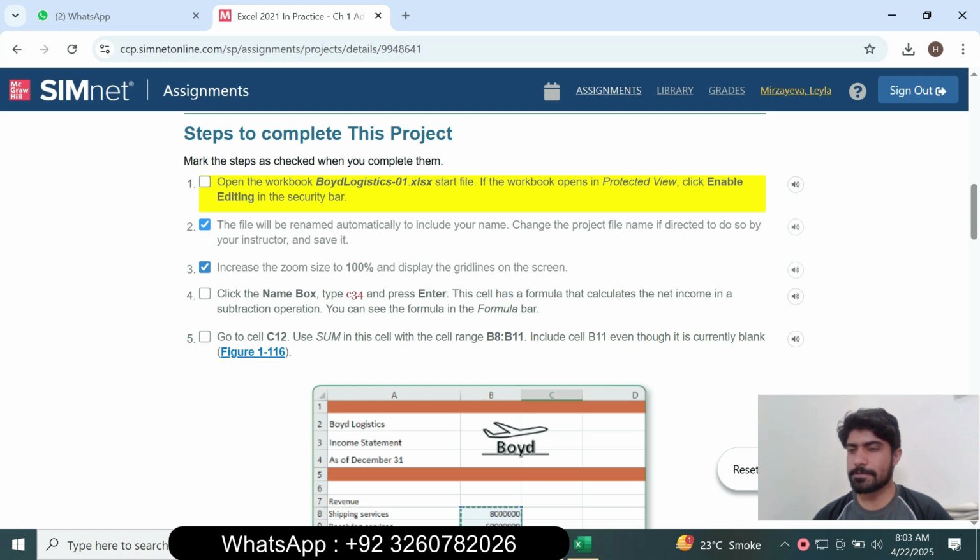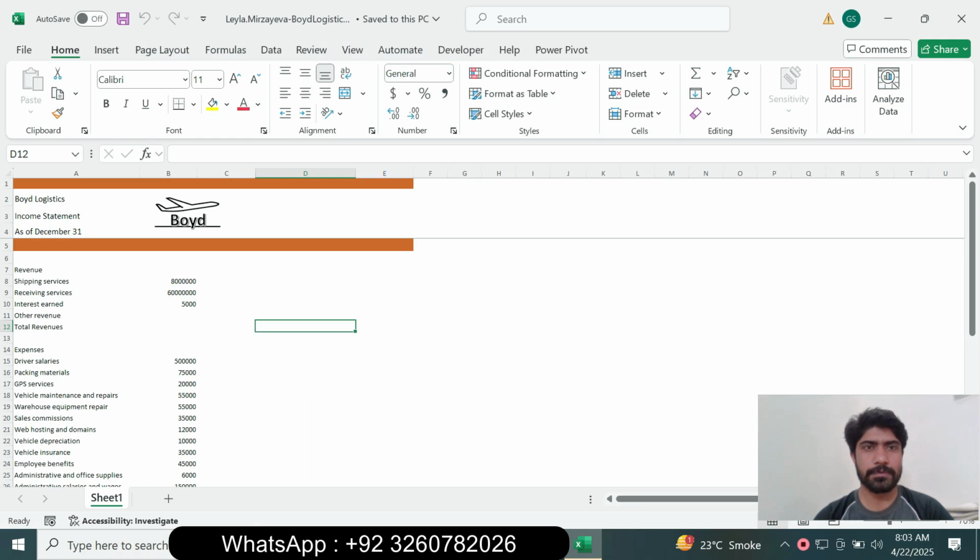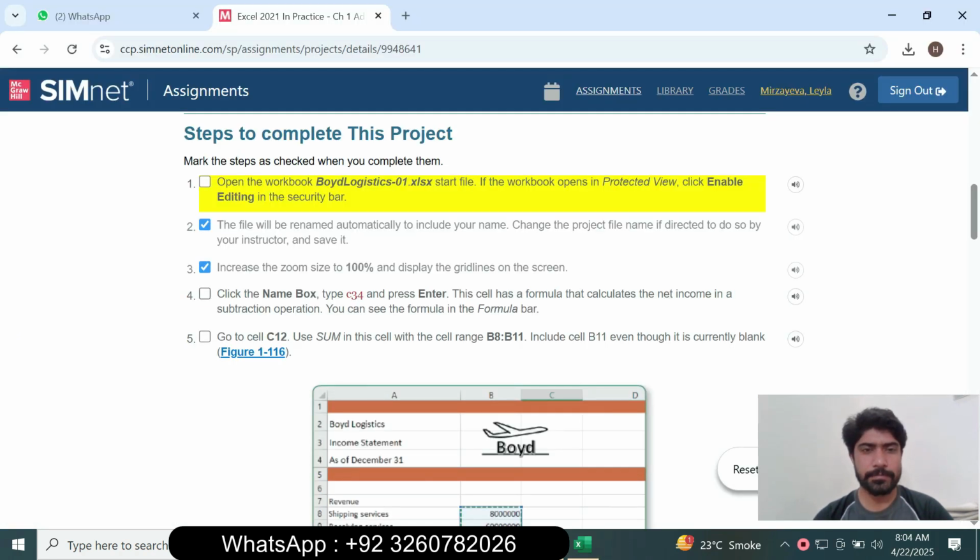Next is question number 3: increase the zoom size to 100% and display the gridlines on the screen.